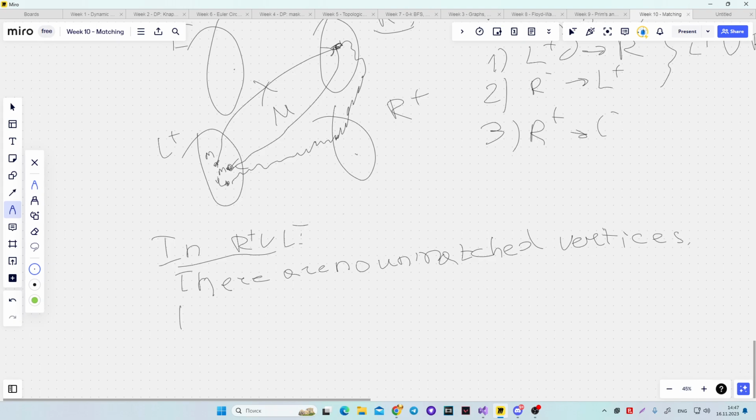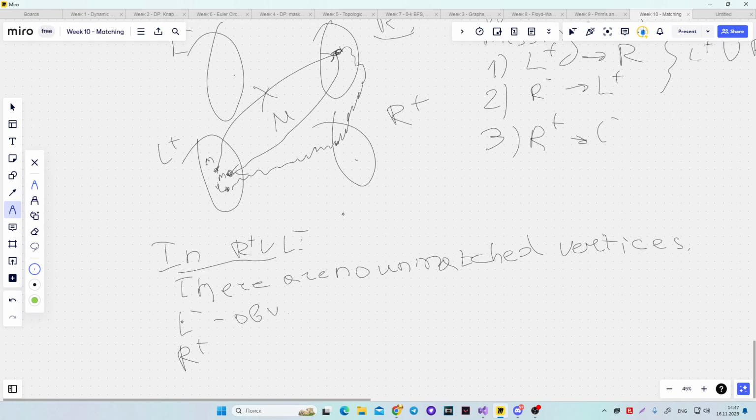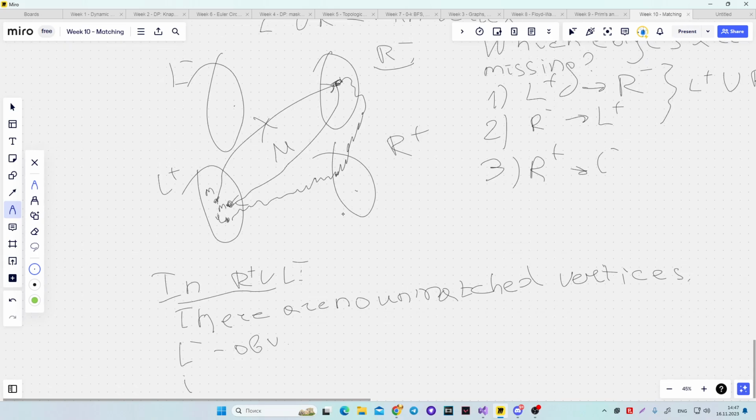L minus, it's obvious, and R plus, once again, if R plus we get unmatched vertices, that means in our graph G,